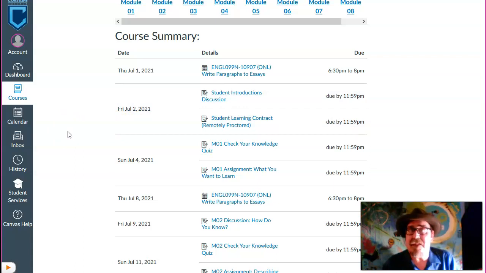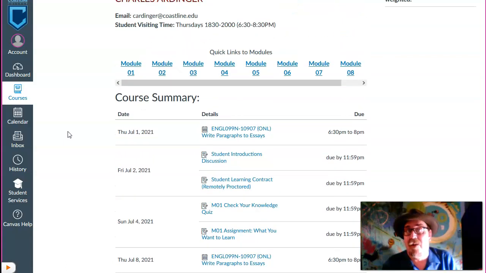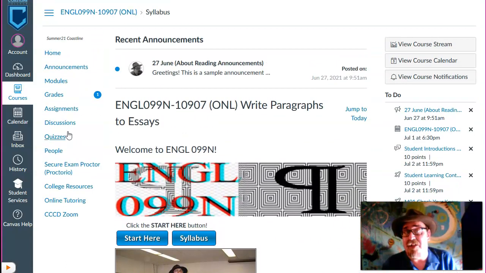Now, this screen you're looking at is actually a fake student, a test student that Canvas assigned me, and that student has actually already completed the assignment for Module 1 and is curious about what sort of grade he might have gotten. Well, the way to find that out is to go to this menu on the left side of the page and look for grades. Notice in this case that there's a number 1 right after grades. That indicates that there is an assignment that has been graded and is ready for this student to look at. So let's look at it. So we follow the link, grades,